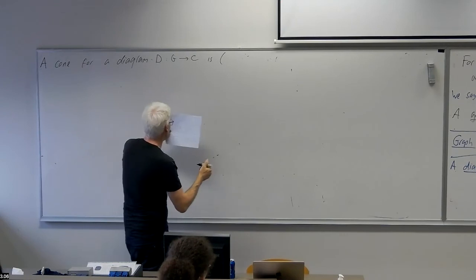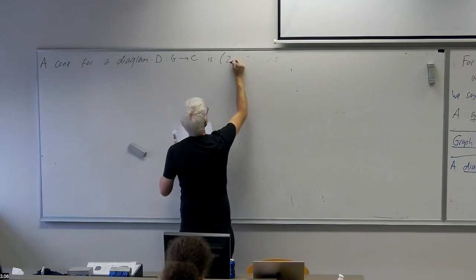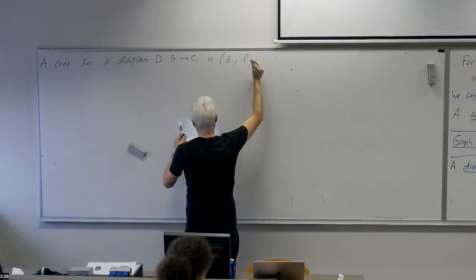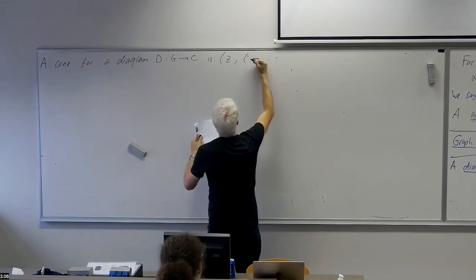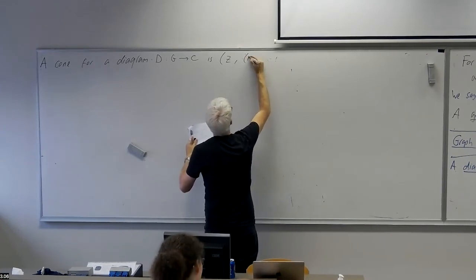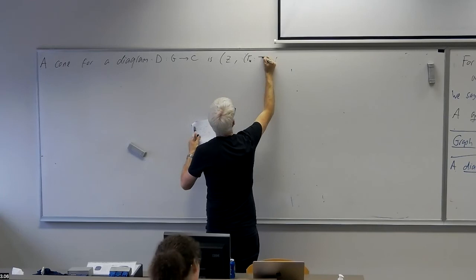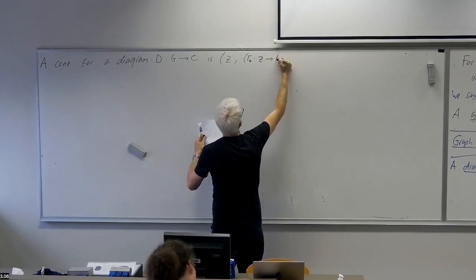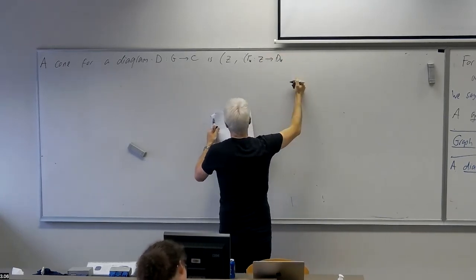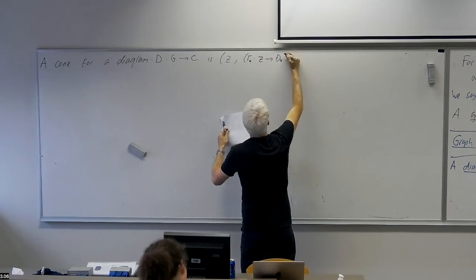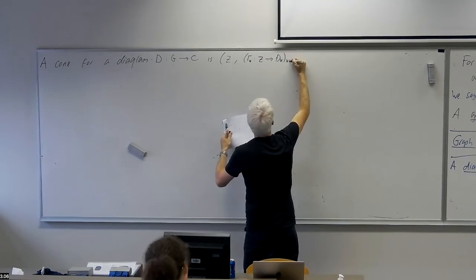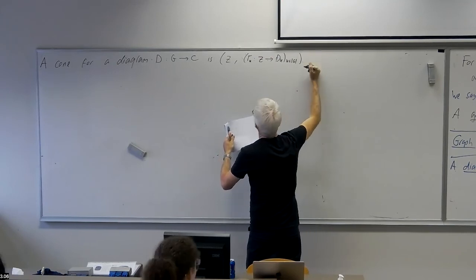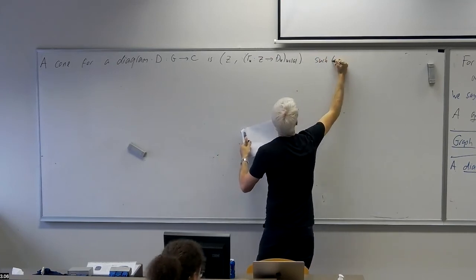So a cone for diagram D is given by an object Z together with a family R sub U of maps from Z to D sub U, U in vertices of G, such that,